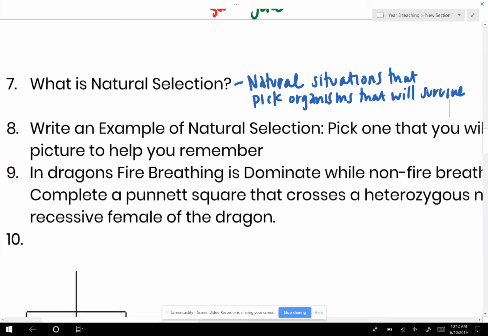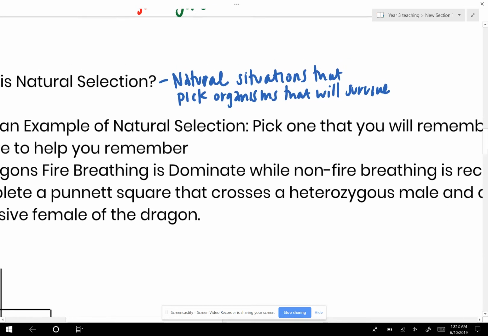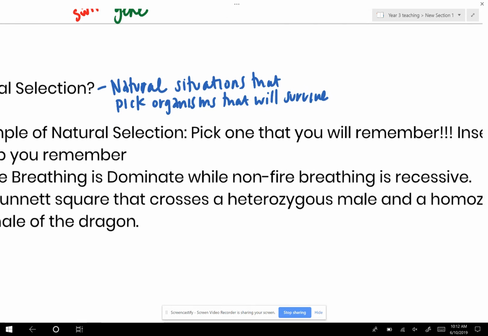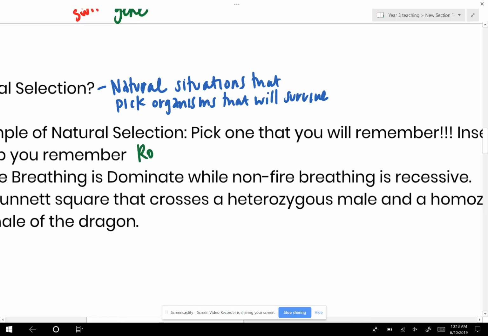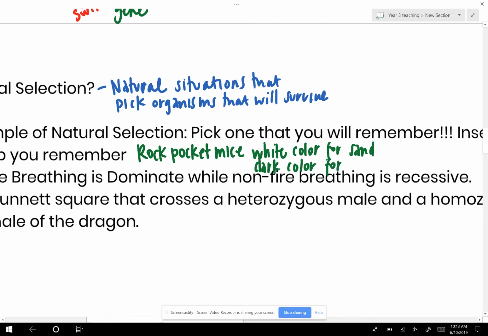Okay, guys, so we're going to head back into natural selection, and we're going to talk about a few examples of natural selection, just a few that we recently ran over. If you remember our rock pocket mice, we had two mice. We had one that was the white color, and the white color is best for sand. And then we had some that was the dark color,